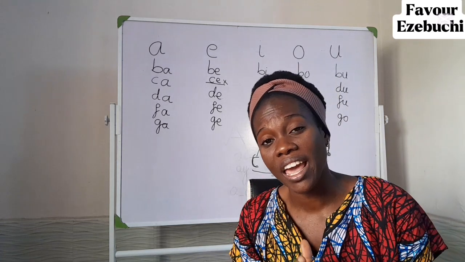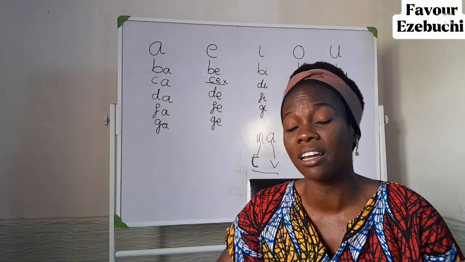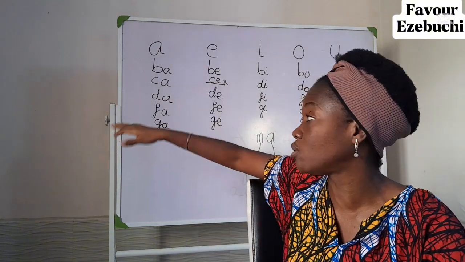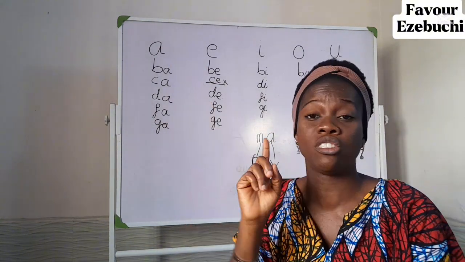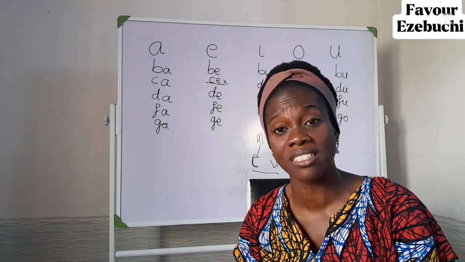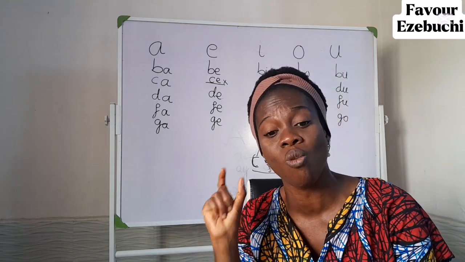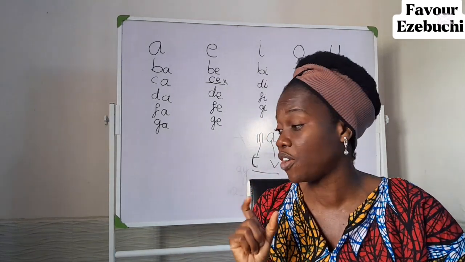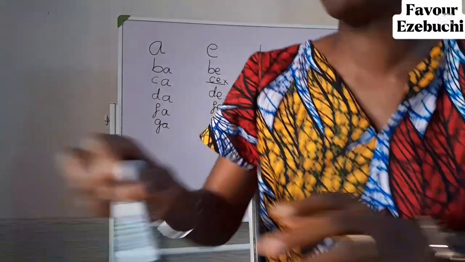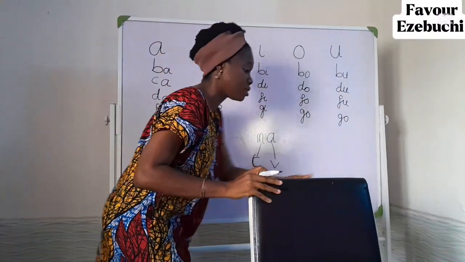Now this is the second stage in reading. The third stage is all about adding a third consonant to these blends. Now it is no longer called CV blend. It's now going to be called CVC words. Now what is CVC words? CVC words is what we have as